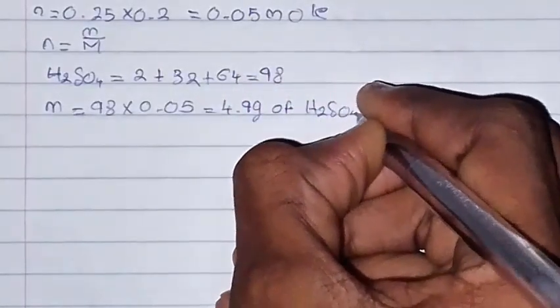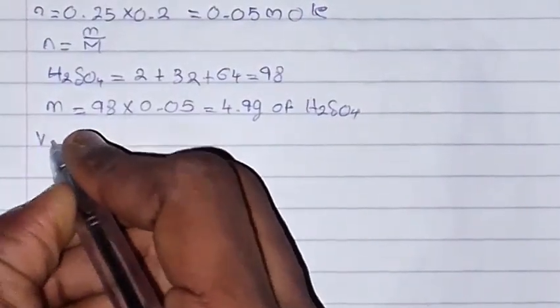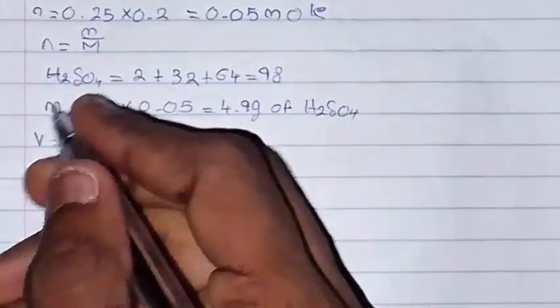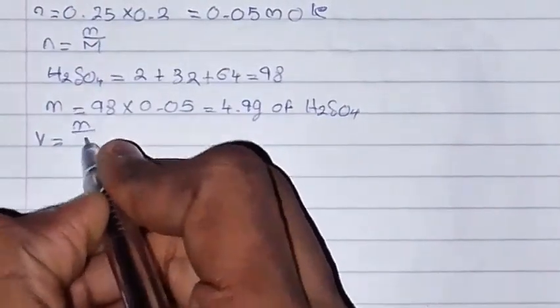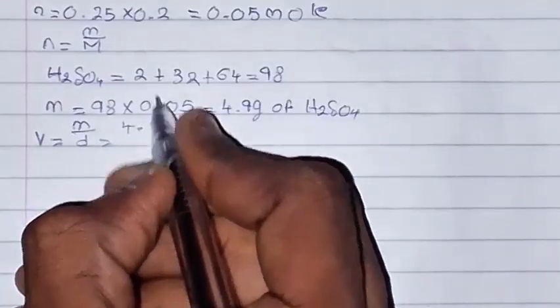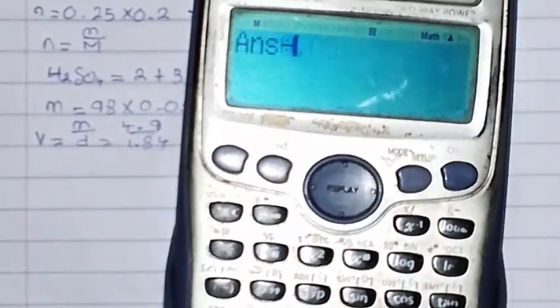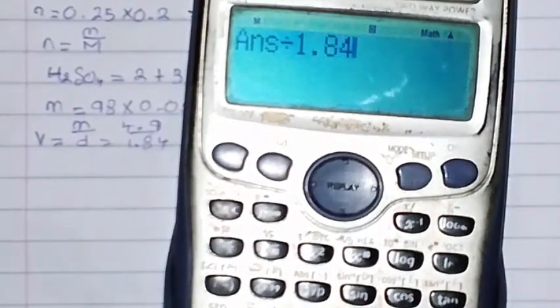So the question says, what volume of it? So the volume in density. Making V the subject of the formula, V is equal to M over D. The mass is 4.9, while the density they give us is 1.84. So let's punch that into the calculator. We have 4.9 divided by 1.84, which gives us